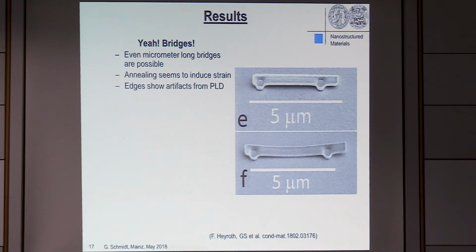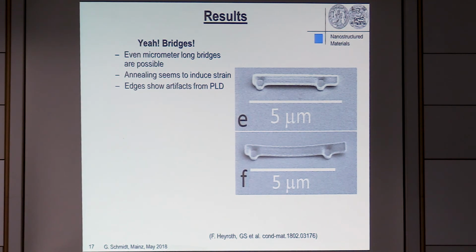So you can see this is before the annealing, and down here it's after the annealing, so it's slightly bent. We have some strain, which we can understand because the substrate and the bridge itself have different thermal expansion coefficients, and now you heat the system up, it crystallizes, and then you cool it down, and you must get some bending. But anyway, the bridge is still freestanding, and the edges, you can see, show some artifacts